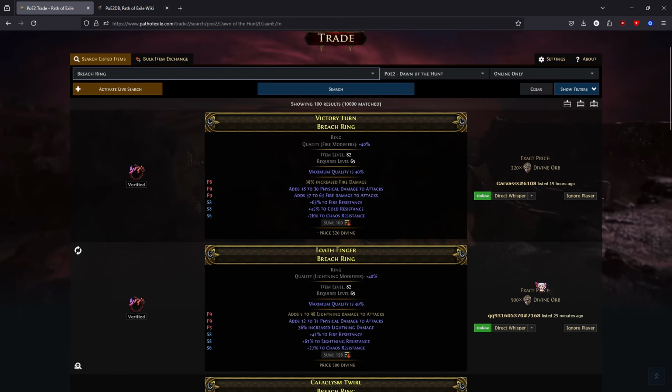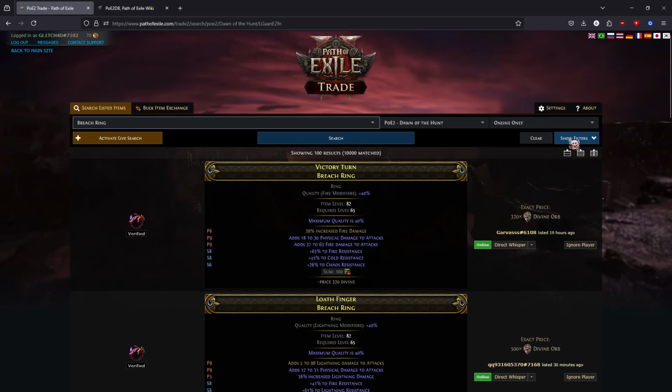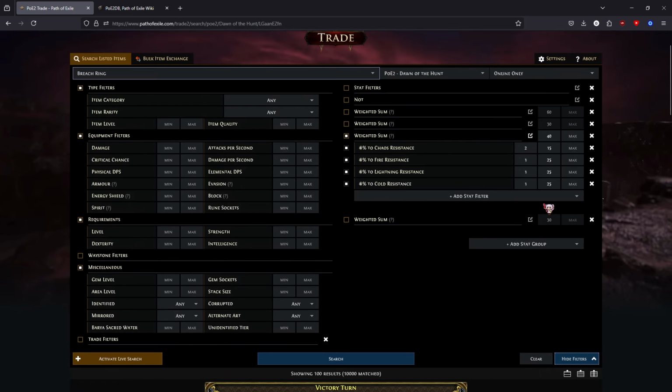And then you can sum. Now your Chaos res is getting multiplied by 2. And then your Fire and Cold res just get added in single. And this gives you a total sum of 160. So this is one way that you can use multipliers on your weighted sum, and you can even use this to just favor